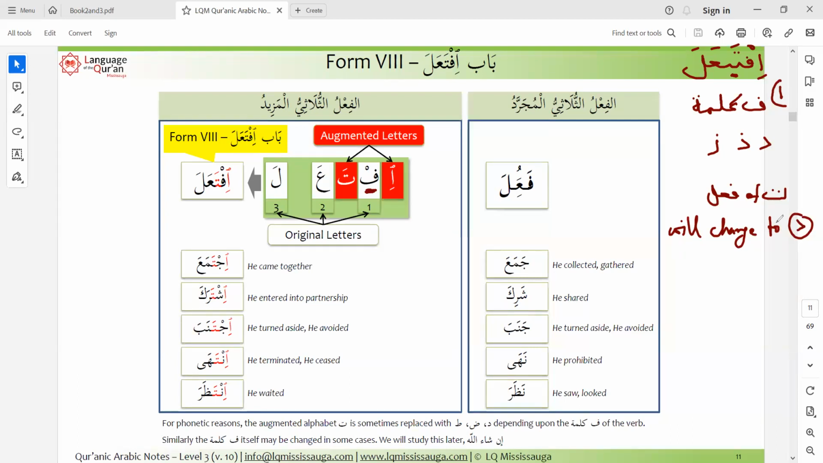Okay. What do I mean? So let's take an example. Zahama. It means crowd. Okay, zahama. This is the root verb. From this, if we make this form, so what we get is